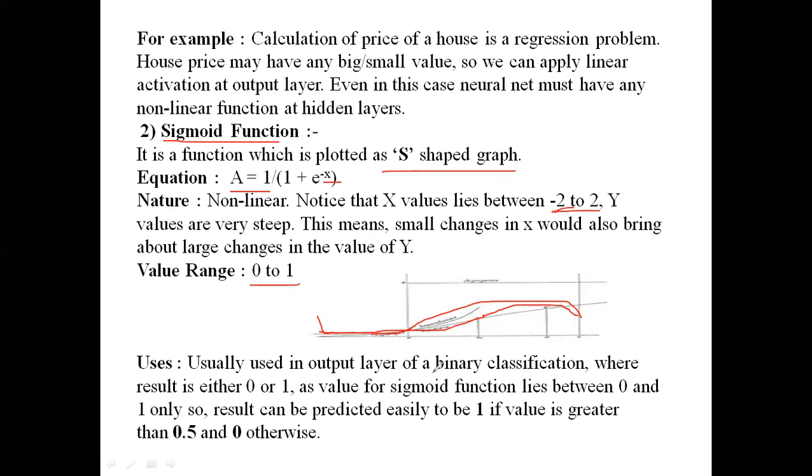Whenever you are going to get binary classification outputs, in such a case you add sigmoid activation functions to that particular network. We supply this at the output layer only. If you want to get the result in the form of either 0 or 1, then you apply this activation function to your network at the output layer. That is the second function.